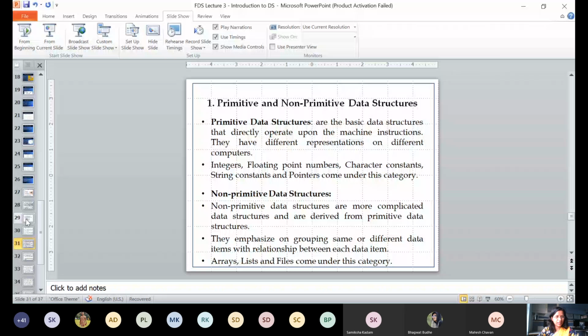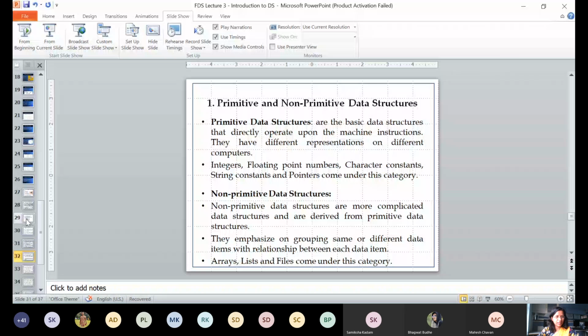All these are your primitive data types or primitive data structures. And non-primitive data structures are a little bit more complicated than primitive, and most of the time they are defined by the user. Examples of non-primitive data types can be arrays, lists, and files. We have already discussed this, but this was just a short overview.